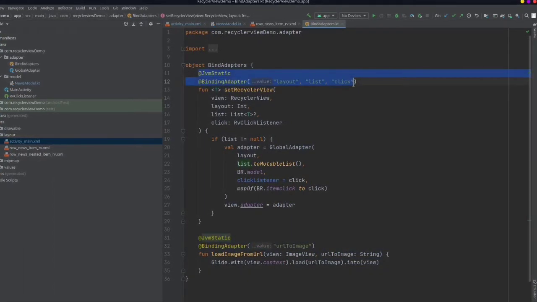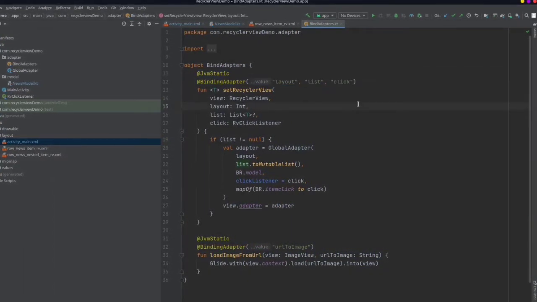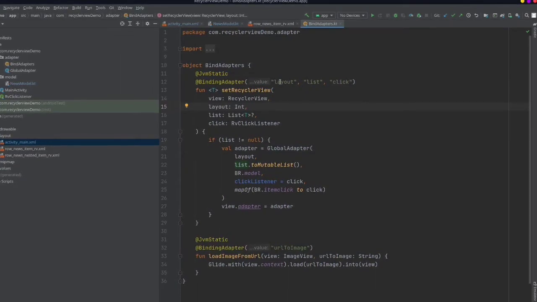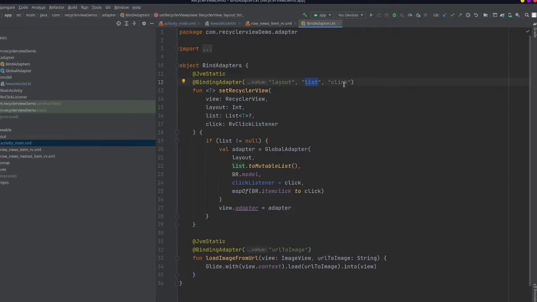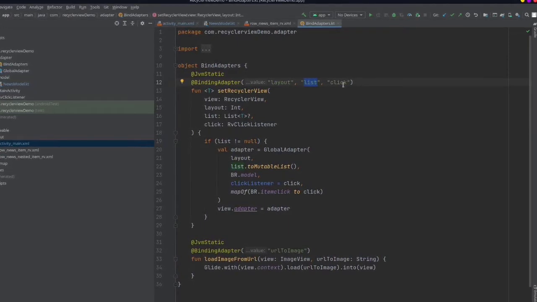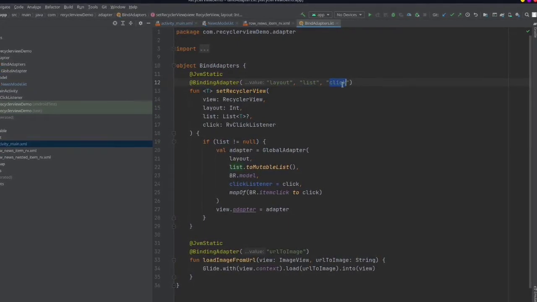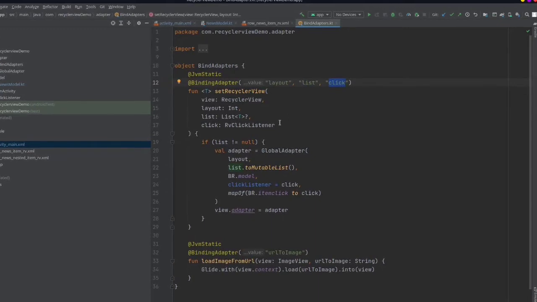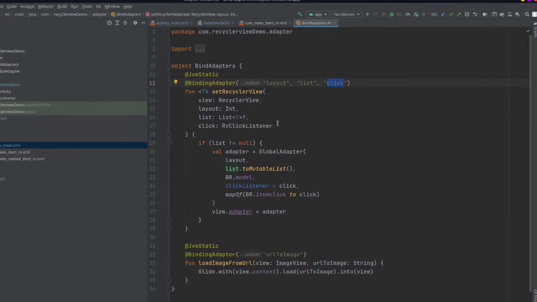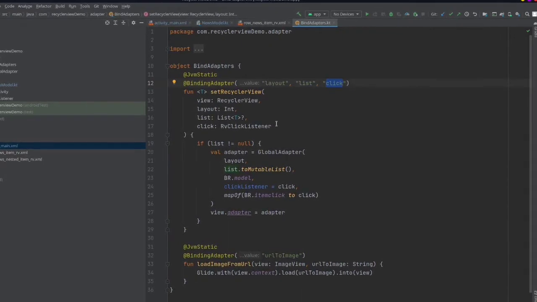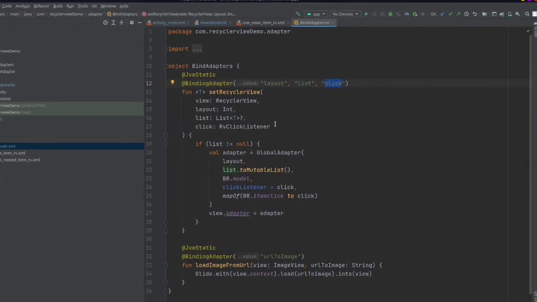Okay, so in my case I am taking three parameters. First is the layout, as we saw before, then the list, which means the list you want to initialize in your recycler view, then the click, which will be our click listener, which I have made. It is an interface. We will look at that shortly.